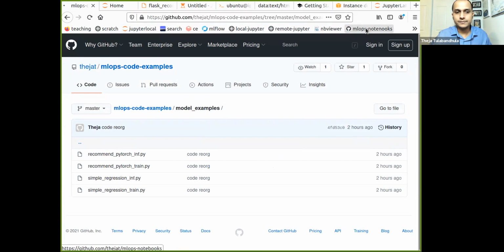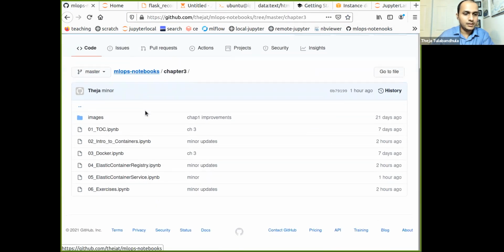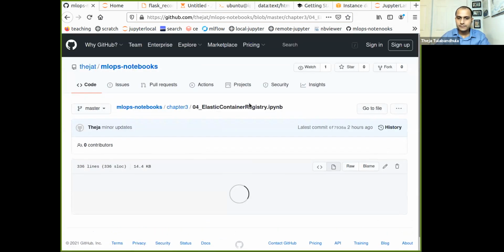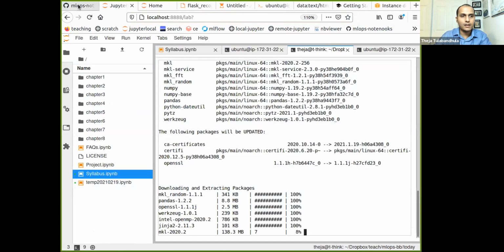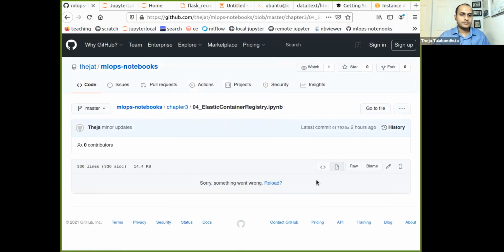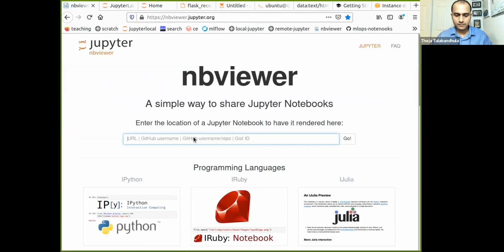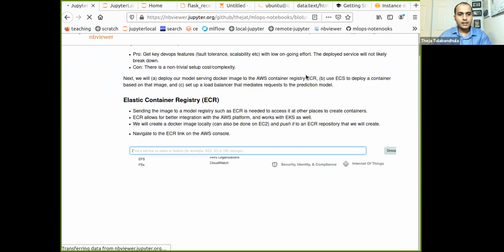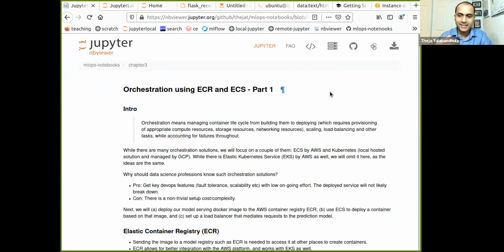go back to our notes. So as I was saying earlier, a half hour ago, what we are going to do is try to put it in a private repository that's enabled by Elastic Container Registry, and then deploy it not on a single machine.